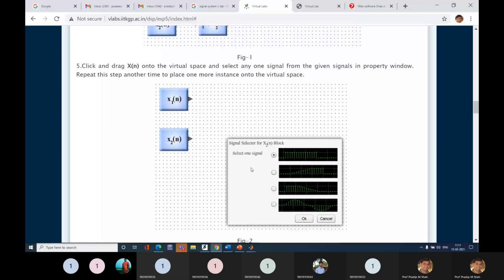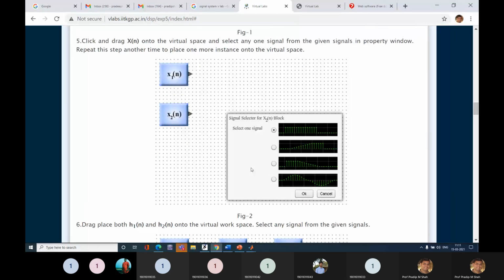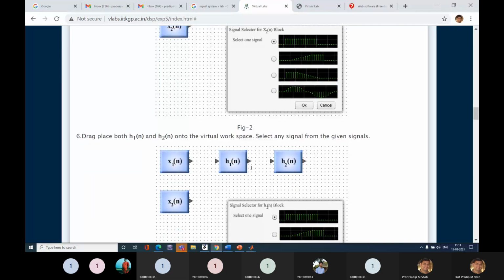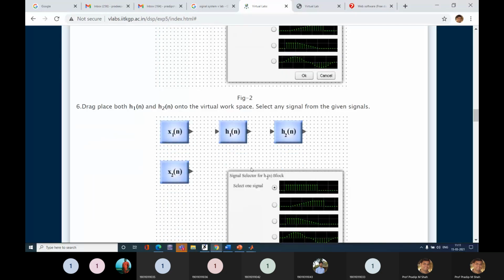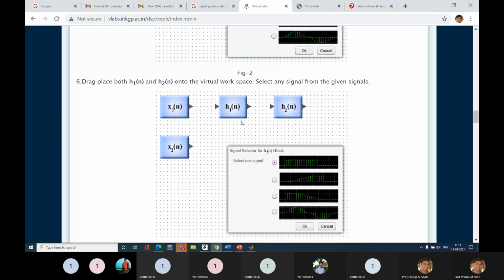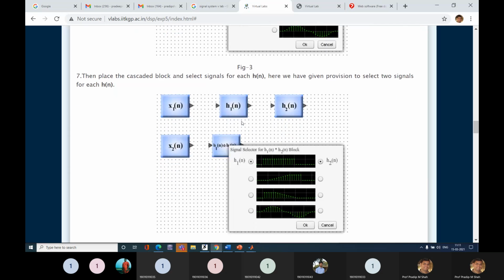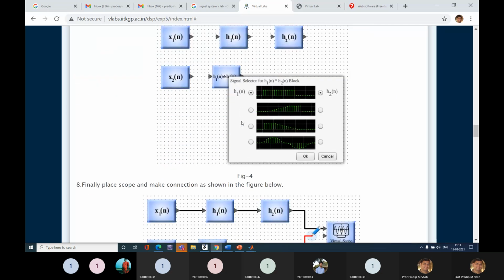Now, how can you perform this experiment? You have to choose your x1 and x2, and out of the four options here, you have two systems, h1 of n and h2 of n, given to you, and you have to connect them as per the connection diagram.